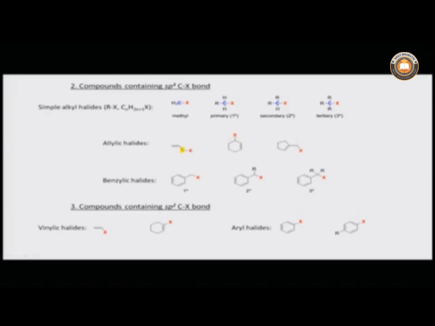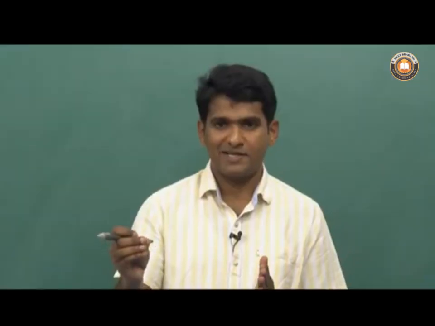And in the third example I have a cyclopentene ring, but now the CH2 that is attached to the double bond is going out of the ring, but it is attached to a halogen atom. So, this again is an allylic halide. So, allylic halides are those class of compounds where you have a double bond that is attached to another CH2